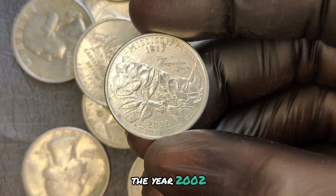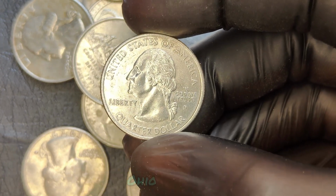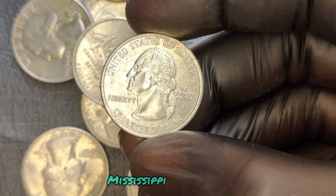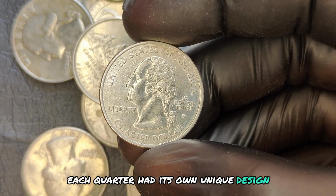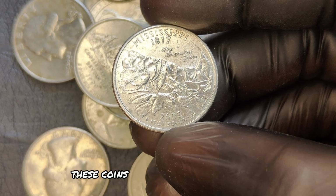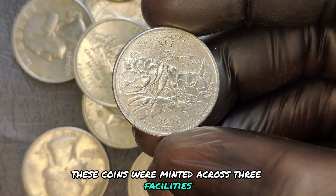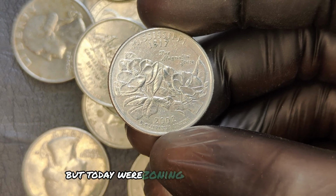The year 2002 saw the release of 5 state quarter designs: Tennessee, Ohio, Louisiana, Mississippi, and Indiana. Each quarter had its own unique design representing the state's culture and heritage. These coins were minted across 3 facilities, Philadelphia, Denver, and San Francisco, but today, we're zeroing in on the Denver